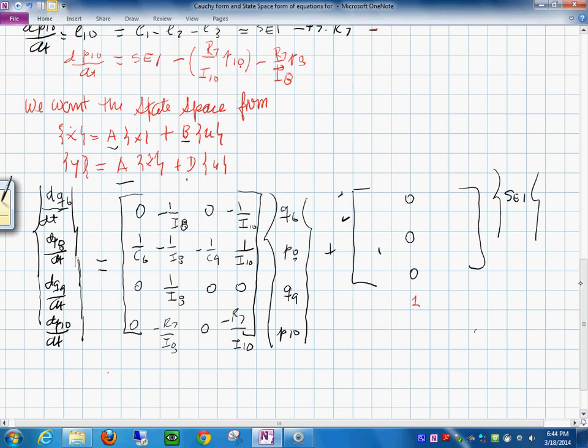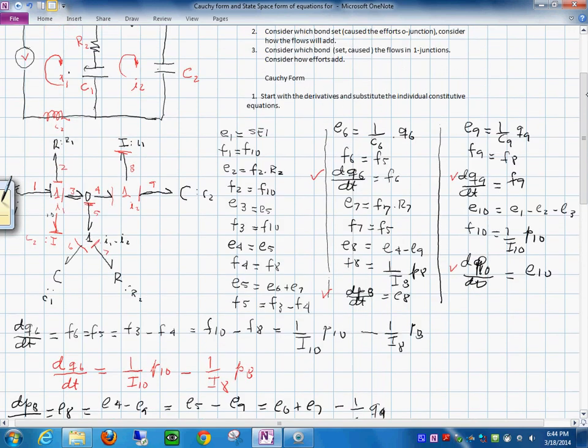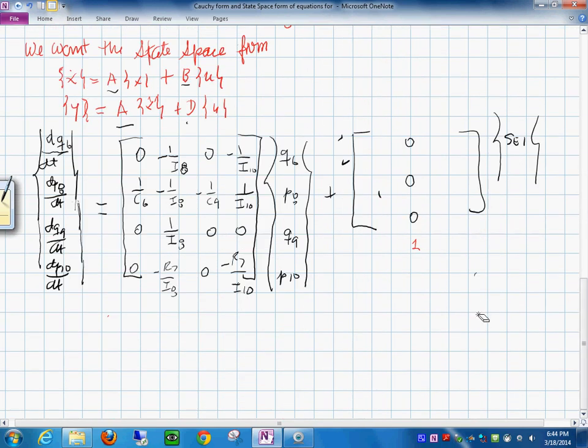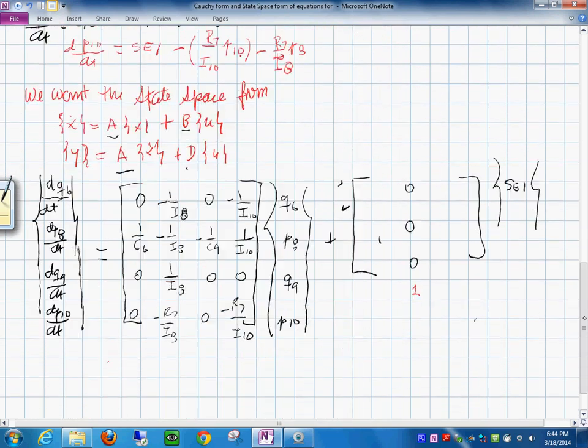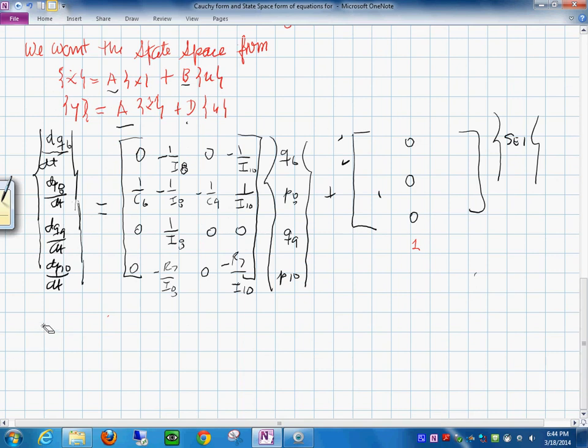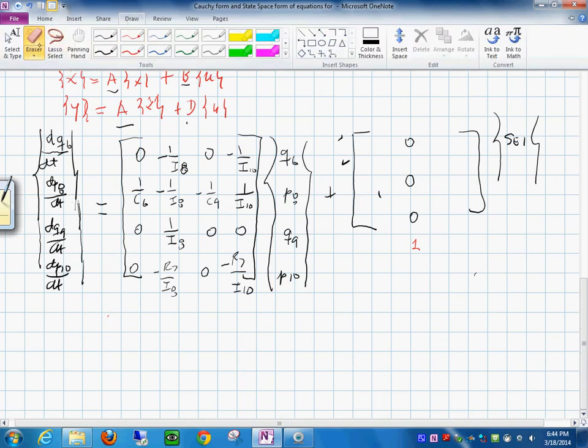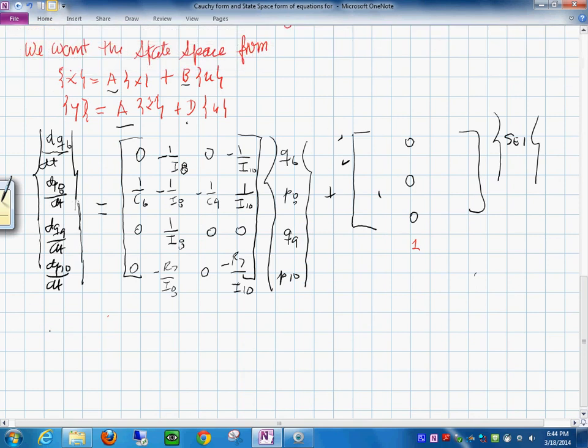I said that we want the voltage on the C sub 2. So I am going to go to the bond graph model where it is. C sub 2 is bond 9. So E9 is the one that we want. So this is the output. I think it was E9 is equal to